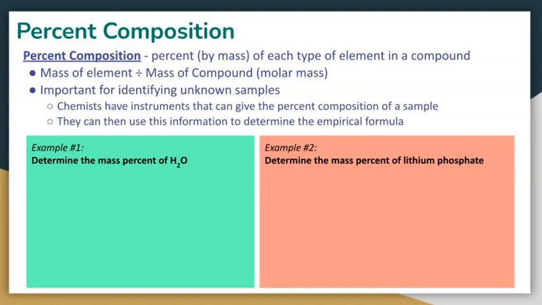This is a useful tool for identifying unknown samples. We have instruments that can give us the percent composition of a sample, and scientists can then use this percent composition data to determine what's called the empirical formula for the compound, which we will talk about in just a few minutes. So first, if we wanted to calculate the percent by mass or percent composition or mass percent of